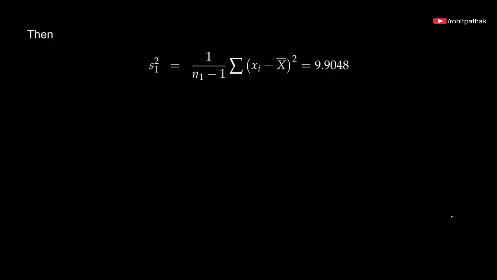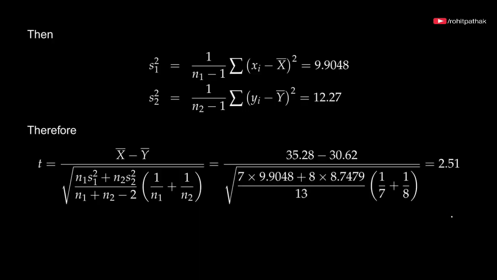Then S1 square if we compute is 9.9048, S2 square if we compute, this is 12.27. Therefore, the value of t is 2.51. So computed value of t is 2.51, and if we compare it with the critical value, we find that this